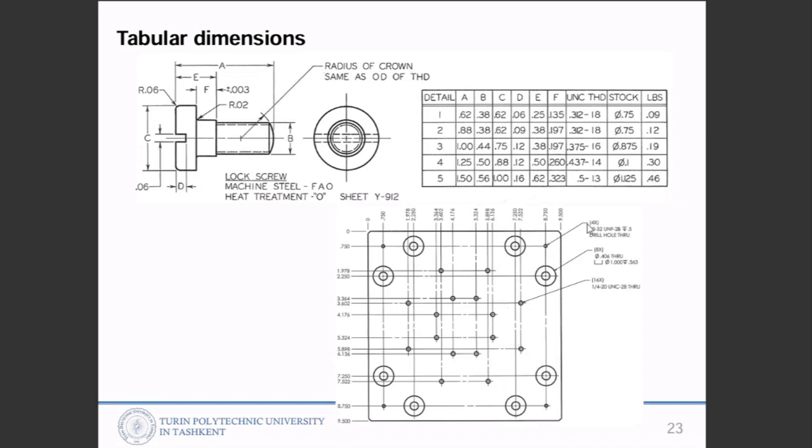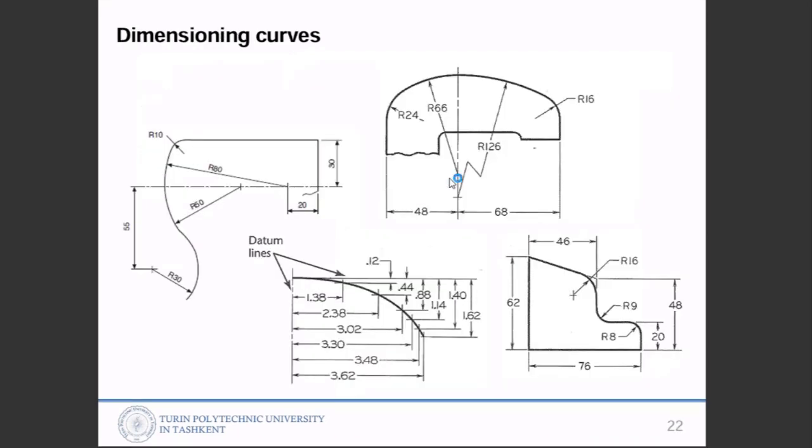Then draw here 4x, so there are 4 holes like this, 8 holes like that, and 16 holes like that. And show information about these holes. Okay, so that's a way of giving the definition